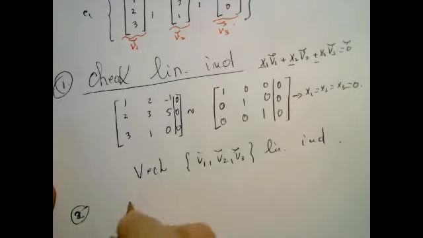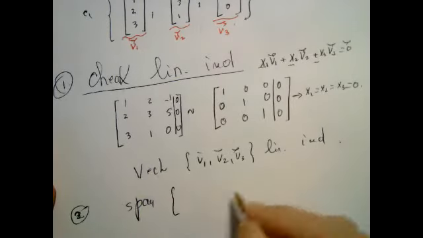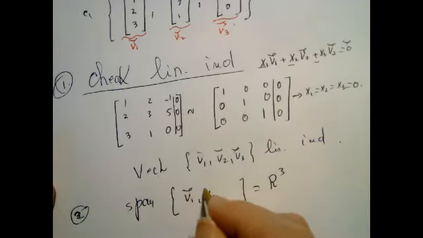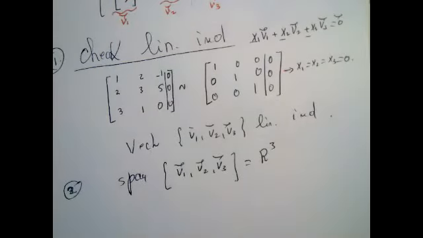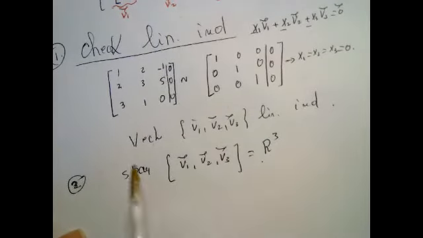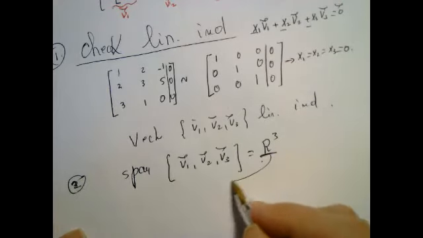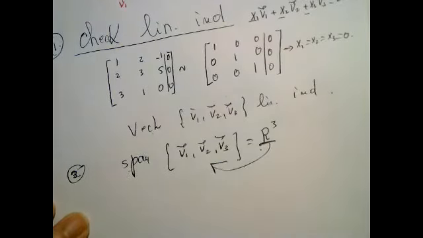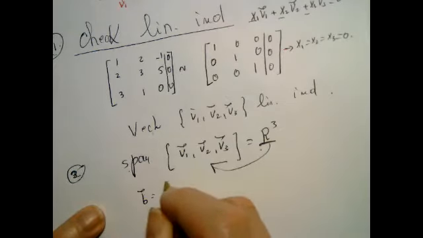So now, the span: do they cover all of R3? Three linearly independent vectors. Do they cover all of R3? Yes or no? Okay, so we know that they are linearly independent, and now my question is whether every vector in R3 can be written as their linear combination. And let us remember, the answer is yes. Let us remember why. Because if I take any vector in R3, any vector,